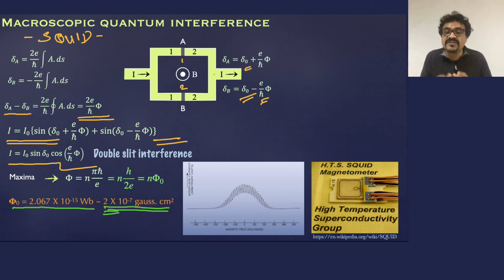This is the principle of the magnetometer, where you have a loop and you measure the current through the loop as a function of the field. Whenever the field varies through it, the current changes, and you can calibrate the device to detect really small fields. We will also discuss that when we discuss the quantum metrology part. Now we have summarized the principles and applications of the Josephson effect in the last two lectures.